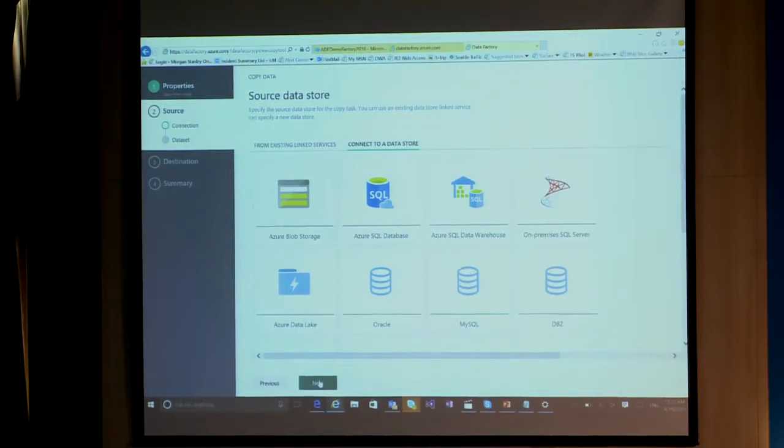Within the data movement capability of the Copy Wizard, we have a large, rich set of data sources that we can pull data from. Within the overall system, we have over 20 right now. Right now, the wizard is only exposing roughly 12. So we have simple things like Azure Blob Store, on-premises SQL Server, MySQL, Oracle, Teradata are all supported right now. As we move forward towards the end of this calendar year, we're trying to increase this number to over 50